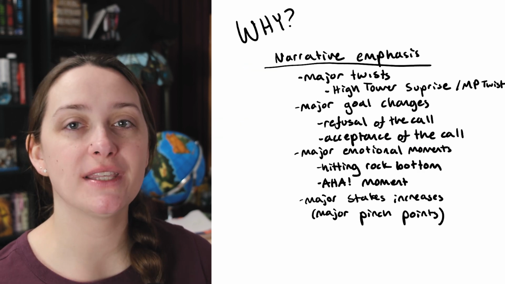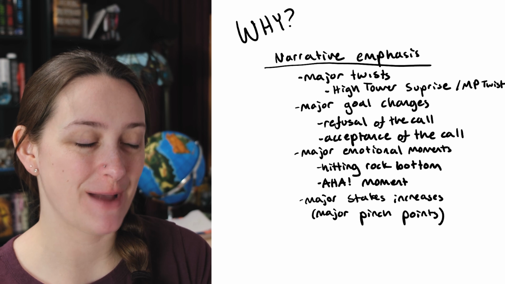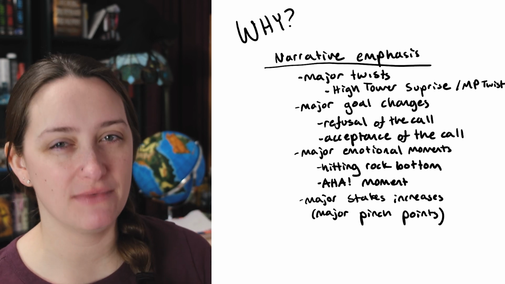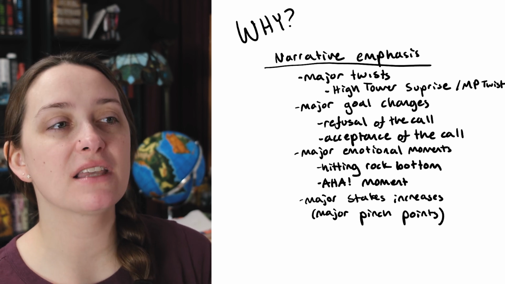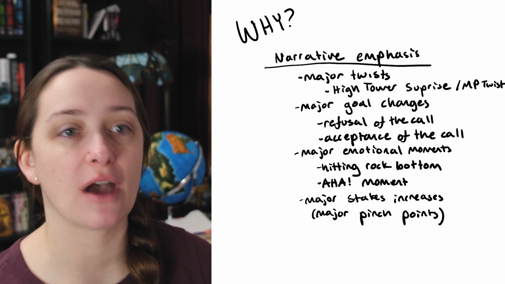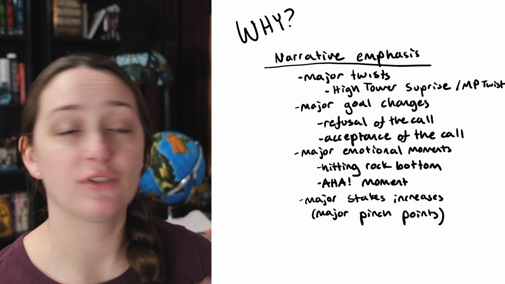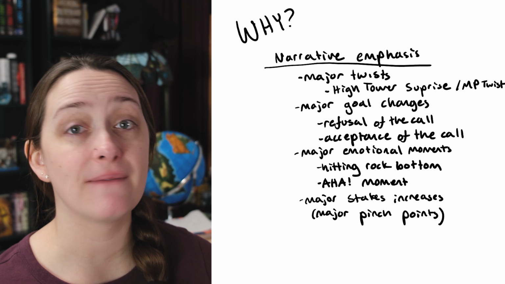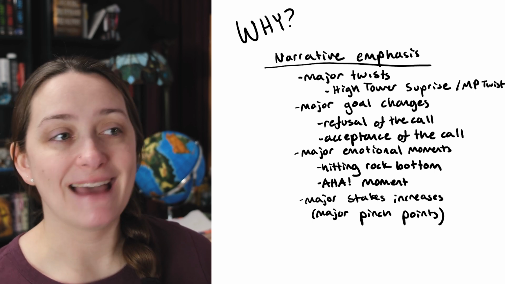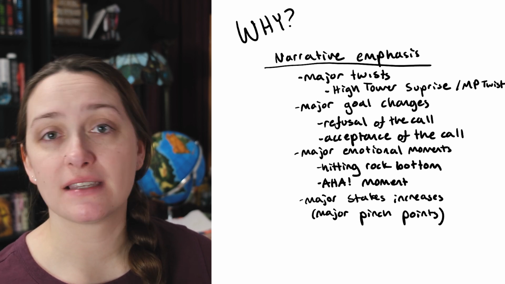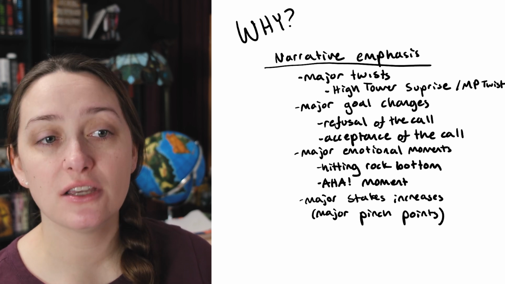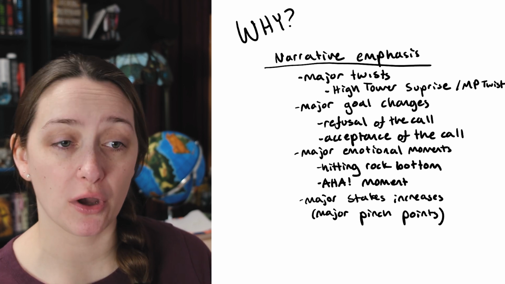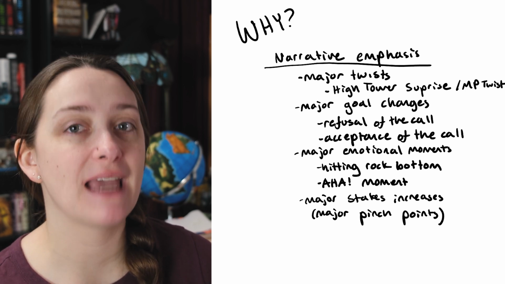Why are you going to choose one spot to end the chapter over another, right? And I've been thinking about this a lot, and I've come up with a hierarchy of decisions. Because there are so many functions and options for ending a chapter, for where to put a chapter break, so we have to choose one of these over another. So the first thing I am considering is narrative emphasis or narrative weight. Again, the end of a chapter is going to have more emphasis and narrative weight than any other place within a scene. So it's a really good place for significant beats and significant moments in the overall book. These places should probably happen at the end of a chapter.